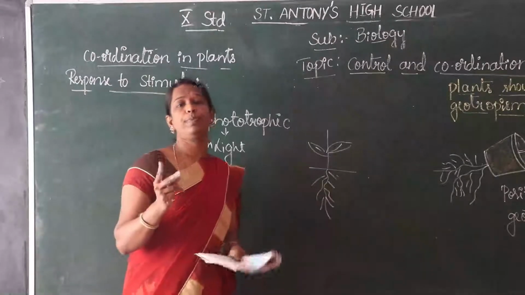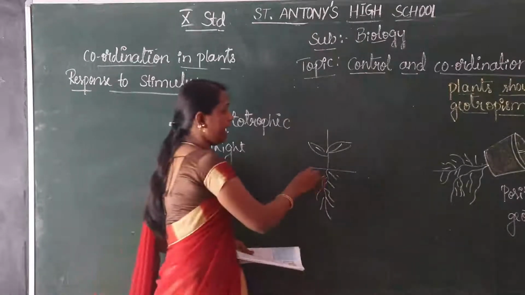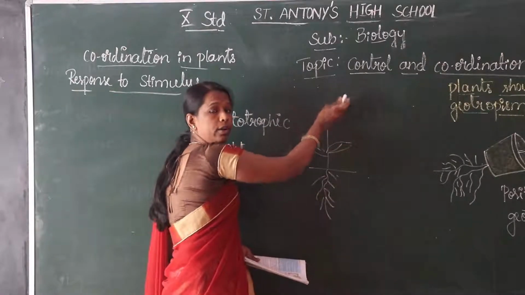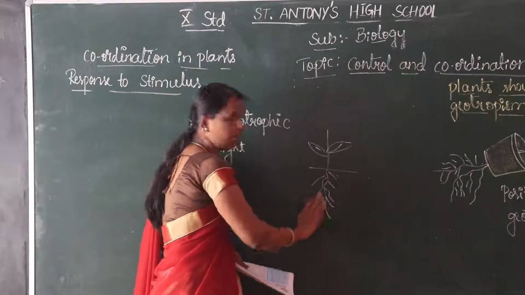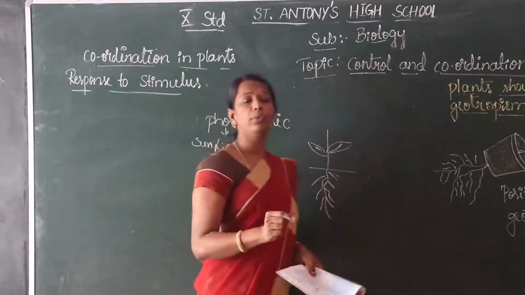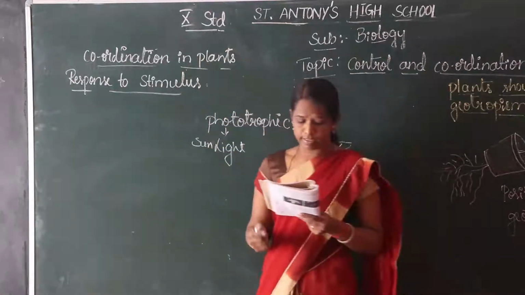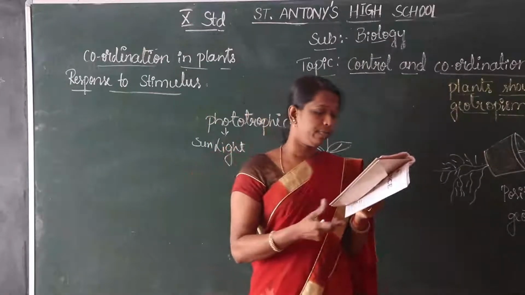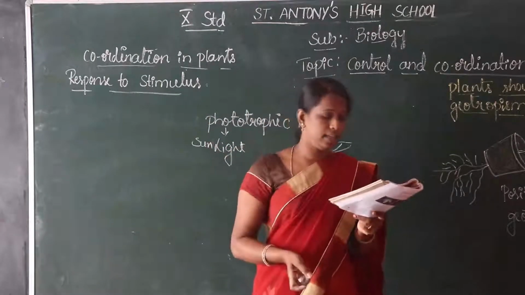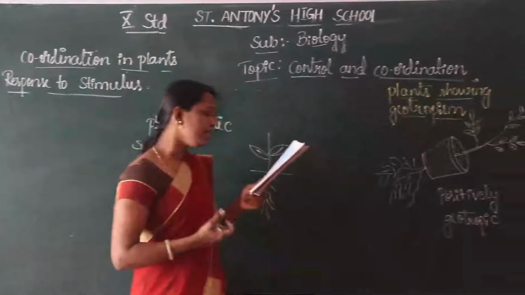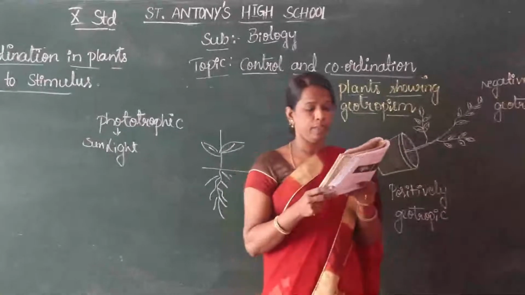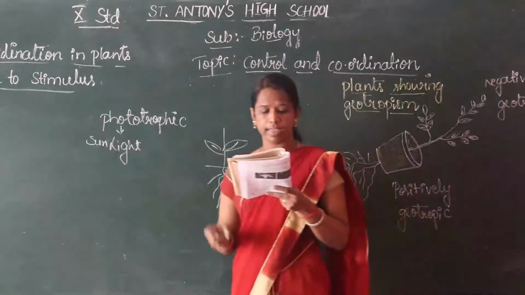So there are two concepts: towards upwards is called the stem part, and towards downwards is called the root. Usually the roots grow downwards, while the shoots usually grow upwards into the air. This upward and downward growth of shoots and roots respectively,